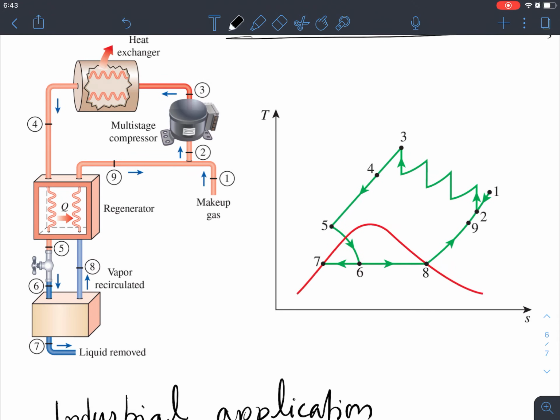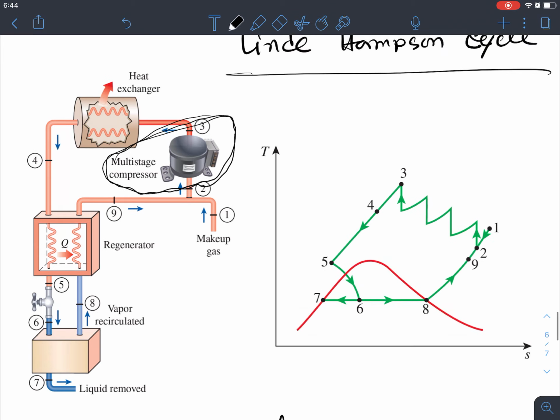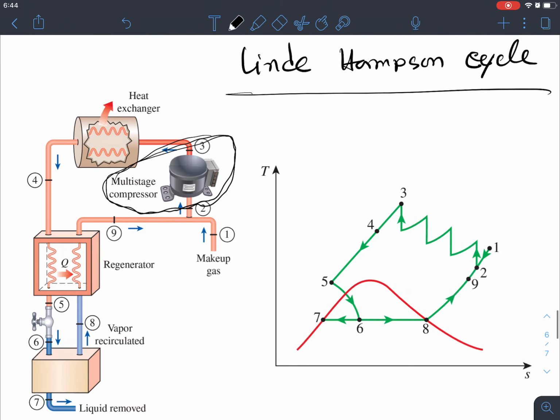So basically you can see that this compressor itself is a multi-stage compressor, right? If we can compress that refrigerant in multiple stages, then we can create such a low temperature cooling effect, right? So that's the working principle of the Linde-Hampson. The key component, I would say, is the multi-stage compressor. So now let's take a look at how